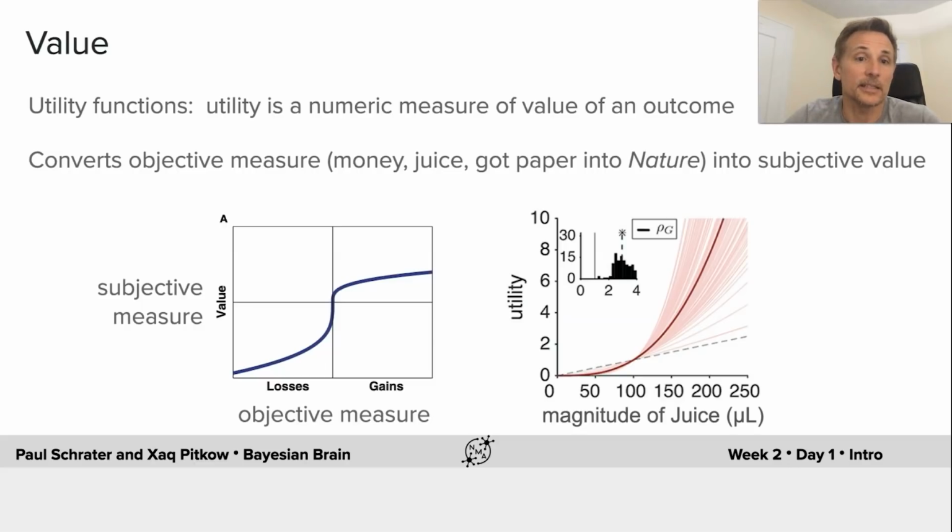So on the left-hand side is a curve that's typical for money, where you either gain money or you lose money. And the subjective measure then says, I like more money and I don't like less money. But it's not a direct function of money. The right-hand side is actually a measured value utility function on monkeys who are receiving juice as part of a decision-making task. And this provides you with a measure of how good to the monkey different amounts of juice incentivize